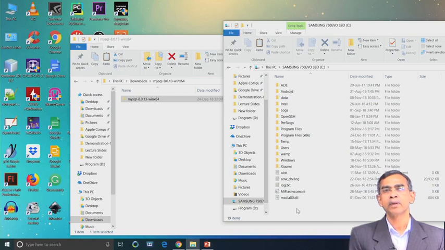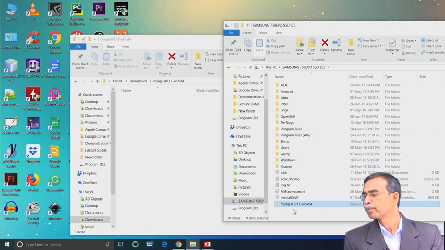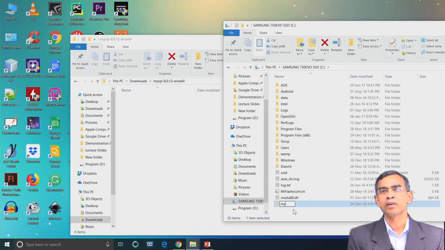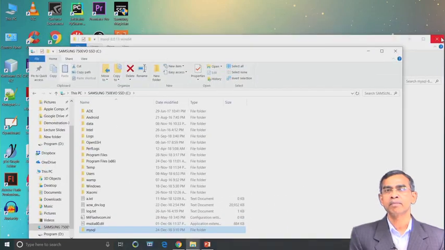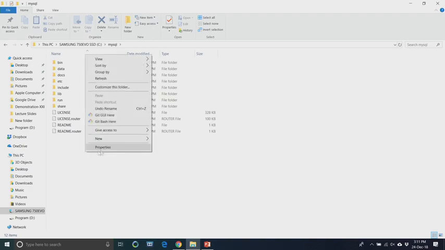We copy this folder into the exact location where we want to install. As we are going to install into our C drive, we copy this folder into the C drive and rename it as MySQL, because we want to install this software as MySQL. So, we have done that. Our zip file contains a lot of other items: bin, data, docs, etc. This is the total installable content.